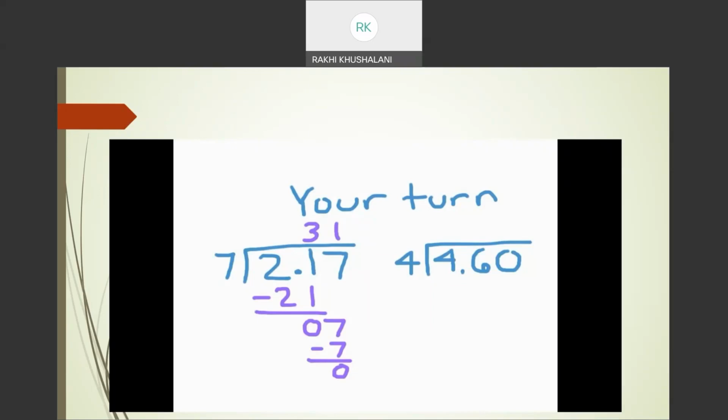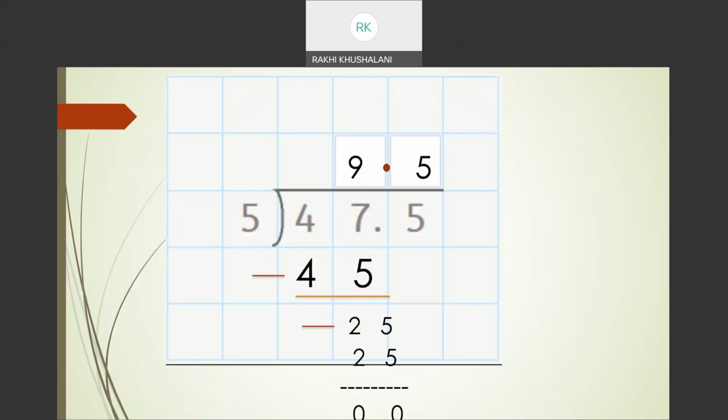Division of decimals is a little difficult. And once the concept of division of decimals with whole number is clear, then division of decimals with decimals is also coming. So I hope you have got the answer. So in the next live session, I will discuss it with you all. Now let's look at the other number,